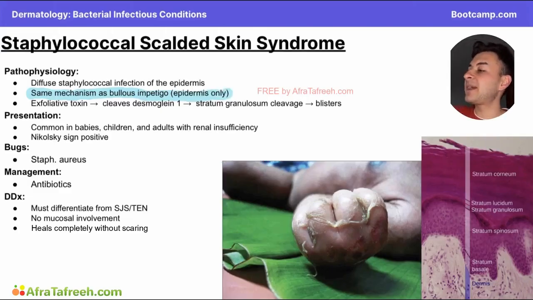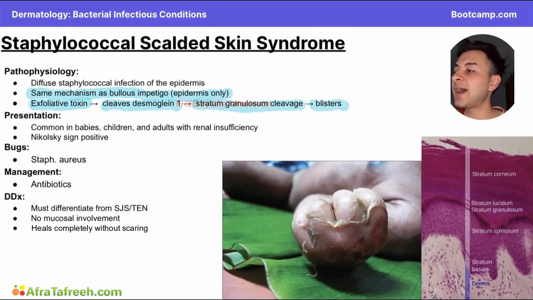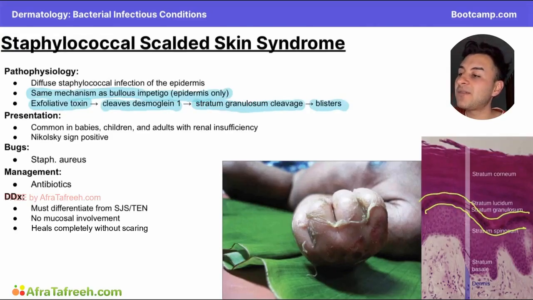So if we review that mechanism, we have an exfoliative toxin that cleaves desmoglein 1, leading to stratum granulosum cleavage and blisters. So just to recap, we have stratum granulosum, which is right between this green area that I'm going to be highlighting here. And we have a lot of desmosomes in this area. And the desmoglein 1 of these desmosomes is killed by the exfoliative toxin,